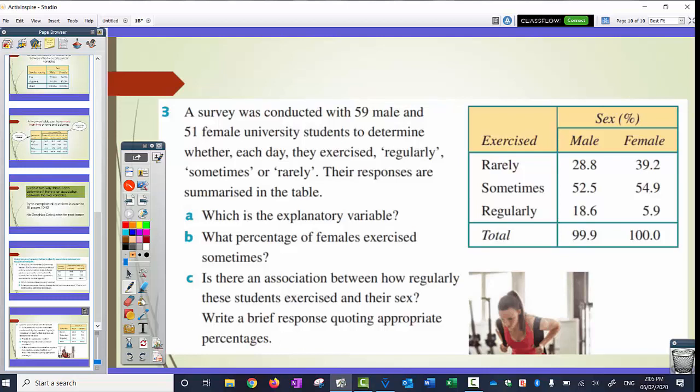Pretty basic stuff, isn't it? Once you've been told how to. Is there an association between how regularly these students exercised and their gender? Because rarely, sometimes, and regularly, yeah, so it's going up, but the number is going down. So yeah, men are more likely to exercise regularly than women. And it's a bit of a dumb, well, I think it's a dumb question now I think about it, because regularly is the opposite of rarely. It's the same question the other way around. But, okay. So as the